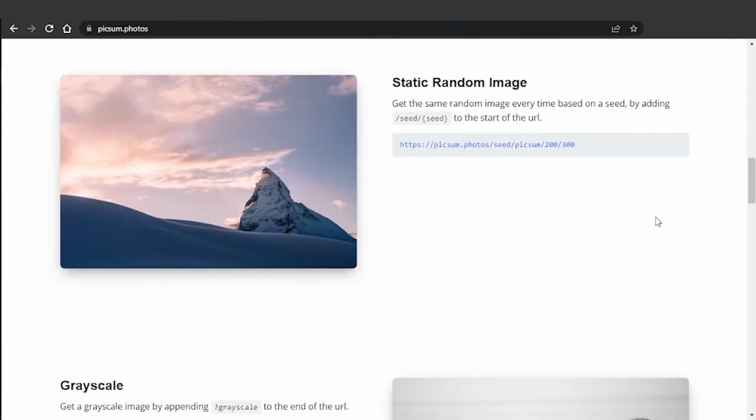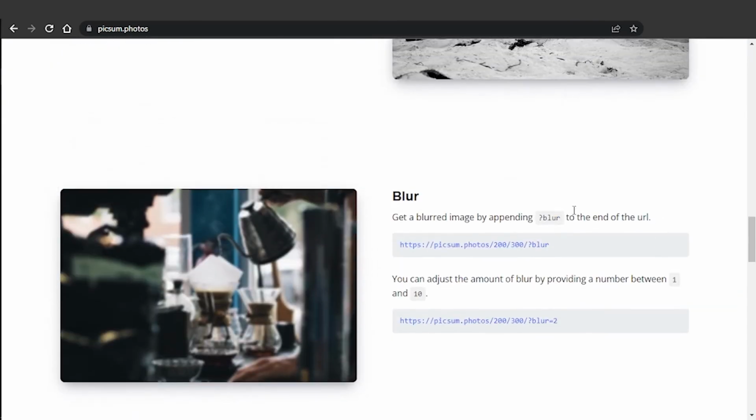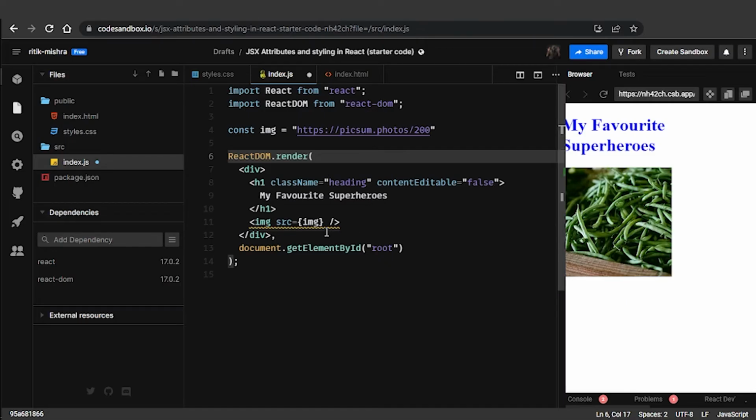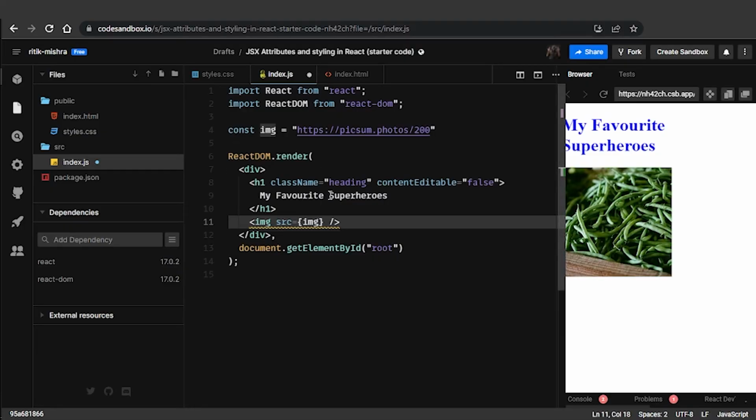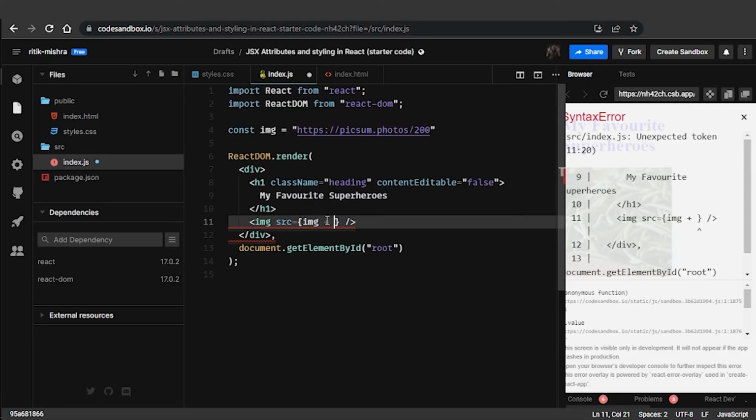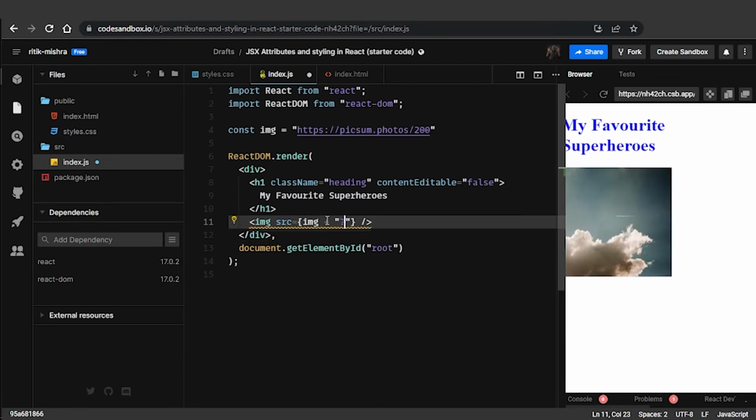Okay, now another thing you can see right here is this property. It says that if you want to get a blur in your image, you can just append ?blur to the end of the URL. Okay, so let's try doing it. Now we know right here we have used this image as a reference, and because it is a string, we want to append this ?blur to the end of the URL. So how do we do that? We'll simply concatenate it like this, blur,